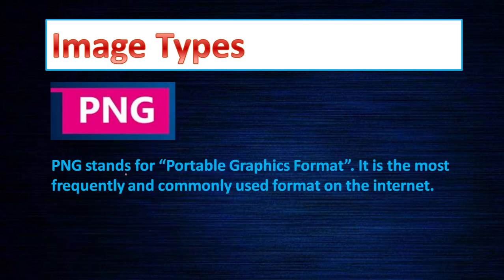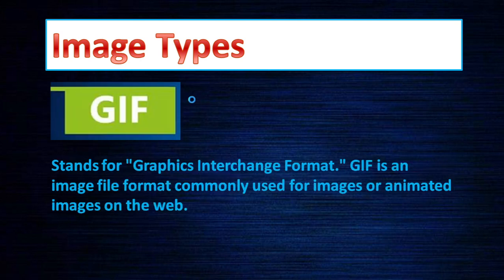Next one is a PNG. PNG stands for Portable Network Graphics format. So this is the common format nowadays we are using. It is the most frequently and commonly used format on the internet. So when you're saving the file, we can save it as a PNG. Moderately very small size. The quality is retained. The dark colors really look good. Fine. So from most points of view, this is doing very well. Therefore, generally we can save the file as a PNG.